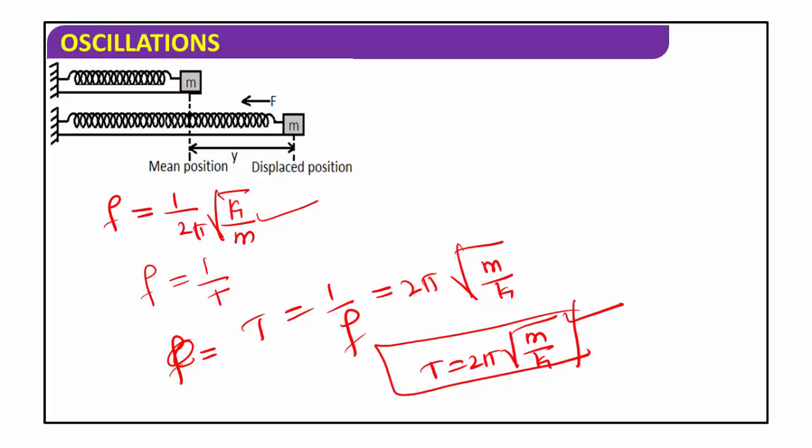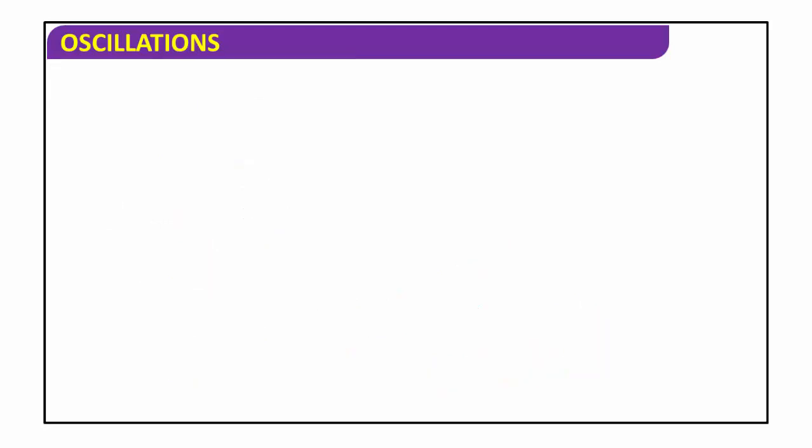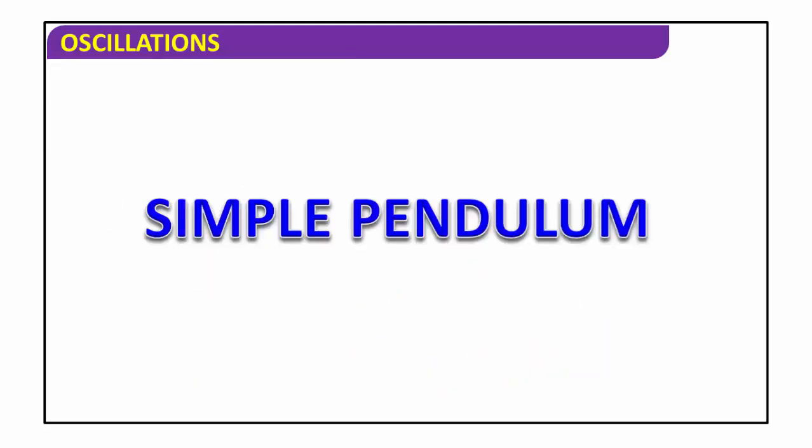And the next concept of your topic is another experiment you have already performed in your laboratory, that is the simple pendulum. These are the best examples for oscillations. These are to and fro motion, or back and forth motion, about the mean position. Both examples are very important in this topic, that is the simple pendulum.